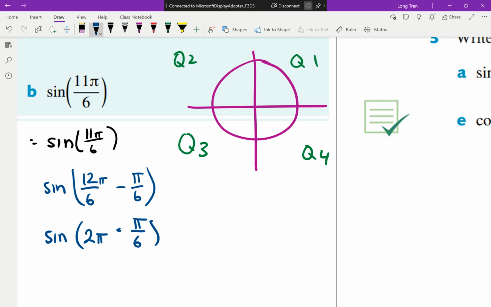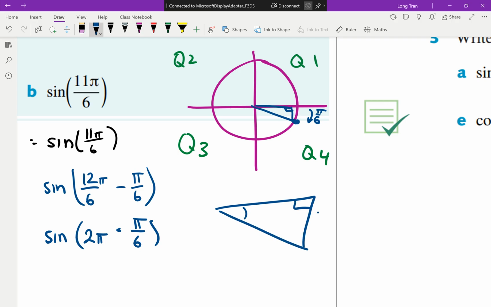Now pi on 6 as a degree. Look at your exact values. What's pi on 6 the same as? 30 degrees. So I know if I were to subtract it, I'm going from here, I'm subtracting to about there. That's where I'm at on the unit circle. So this is what it looks like. From here to here, that's what minusing pi on 6 will look like. This is my triangle. That's my triangle. So if I drew the triangle a bit bigger,